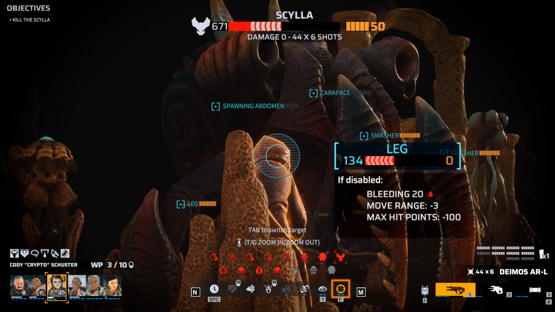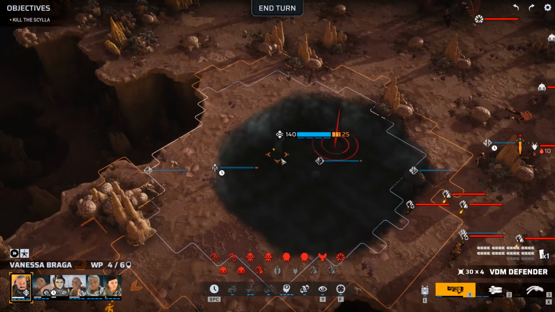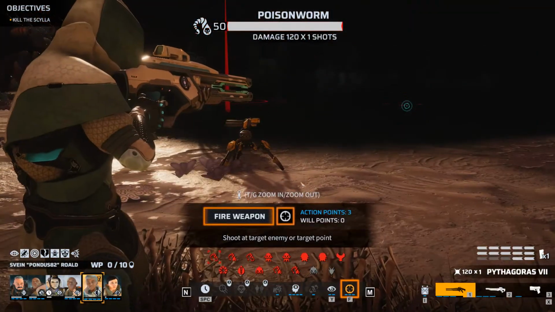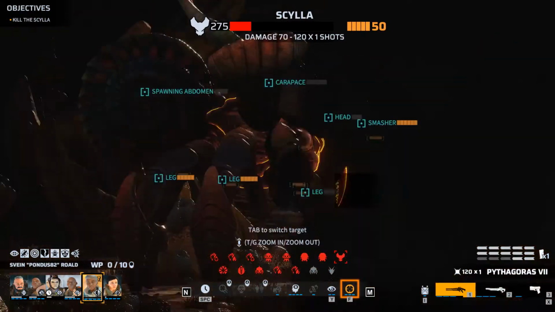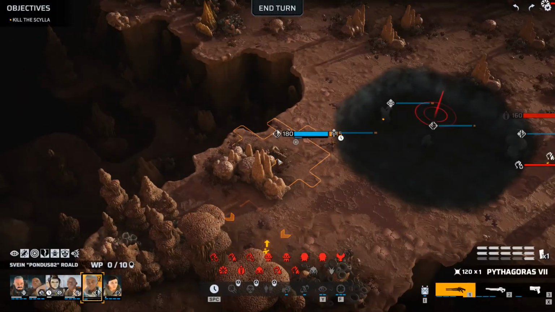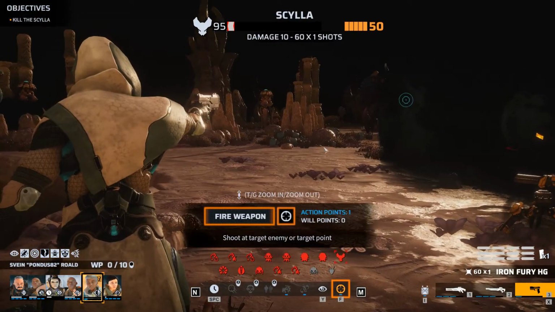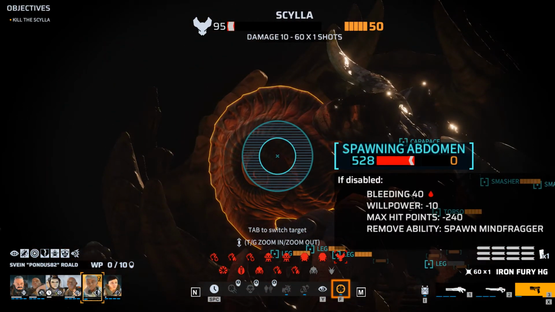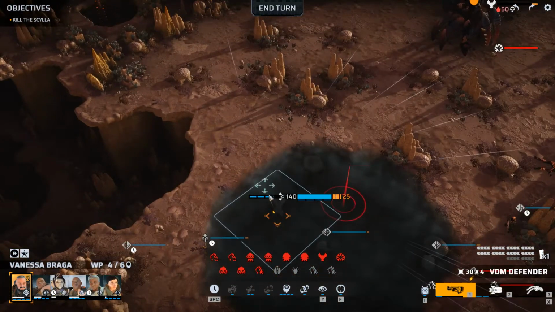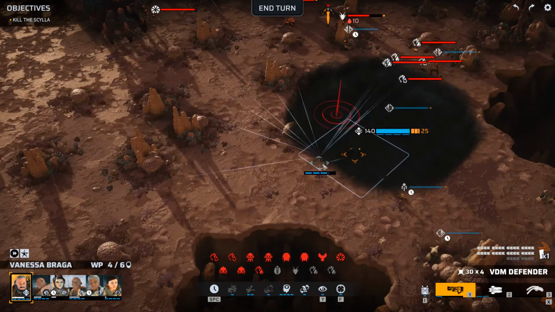I'm going to take that leg, I think. Try to put as much bleed up on it as possible. Looks to me like we don't have to try very hard on this, though. Actually, can you finish it off with your pistol? Almost. Oh yeah, Vanessa. Vanessa should get the kill. Preparing to fire. In fact, we should have Vanessa...